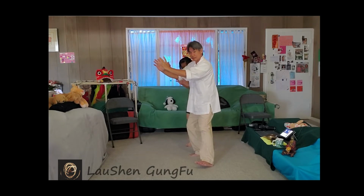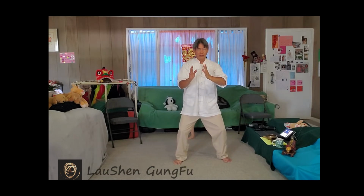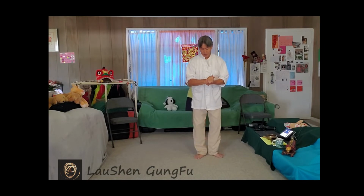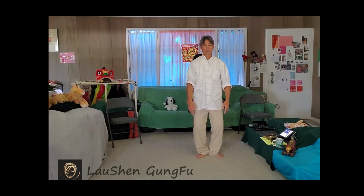As I shift back to center, my hands come back. So there's all this coordination with the hands and the legs. Right? So I'll do it facing you, going same direction as you, and then I'll turn and show you different angles. Okay, so from the beginning,